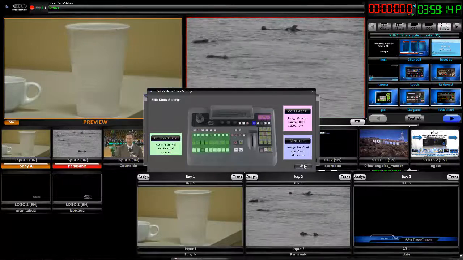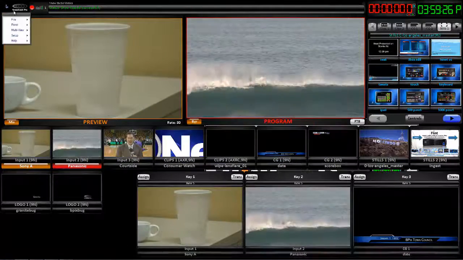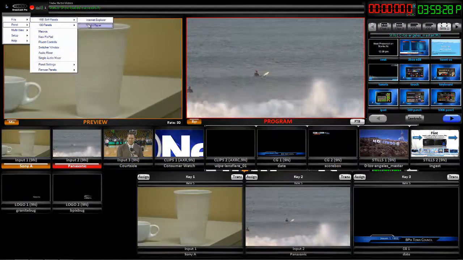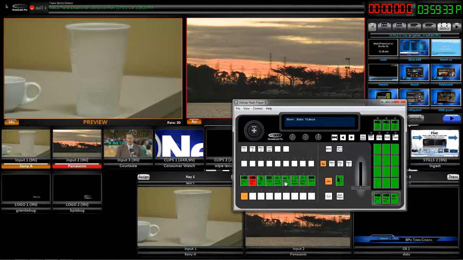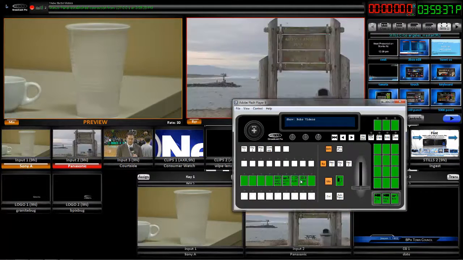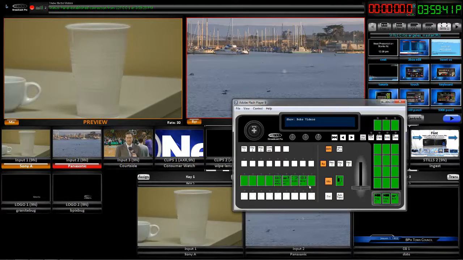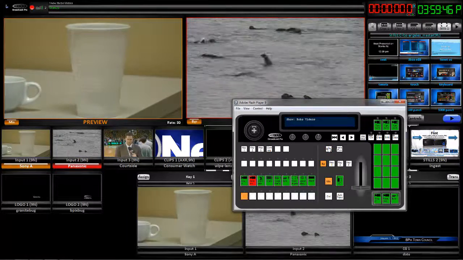By the way, just so you can see how that works on the panel, let me bring the panel back up here. So for example, here are those very first 9 inputs, and if I press the shift, then I get the additional ones there. So even though the panel, this particular model, only has 9 buttons, there's actually 18 individual inputs